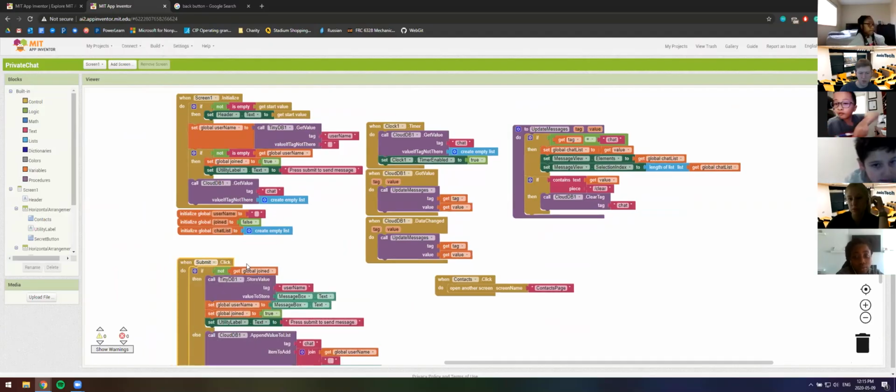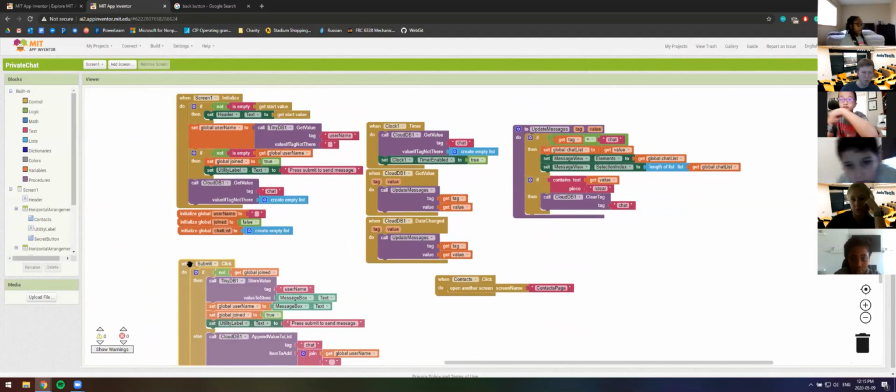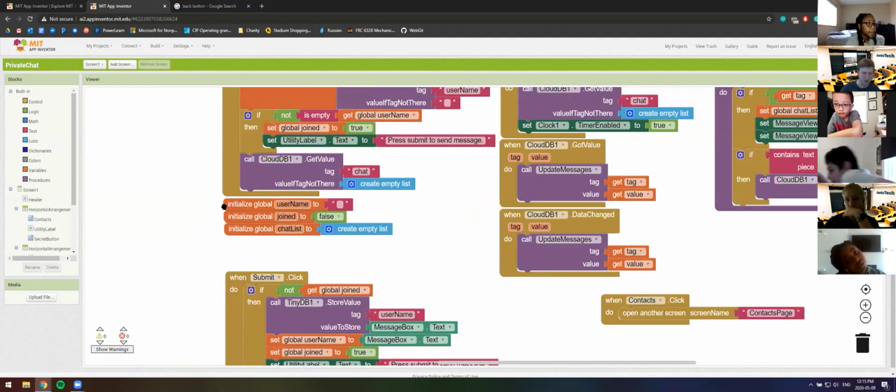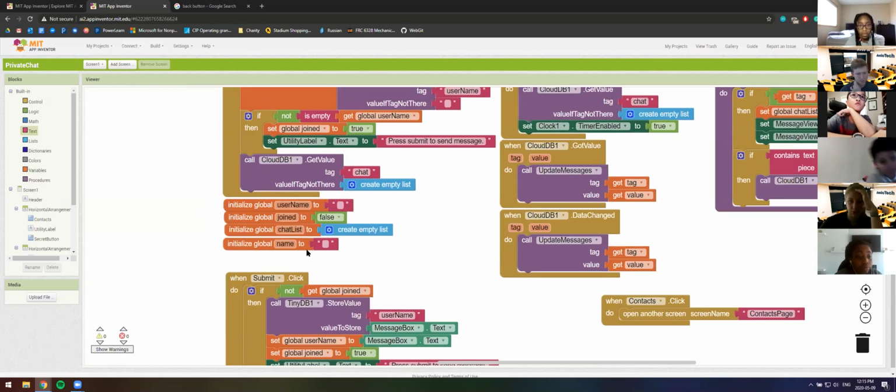So at first, what I want to do is create a new global variable. Over here with all of my other global variables that I've created, I'm going to add a new one. I'm going to say initialize global name, and right now it's just going to be a blank string. All right, and the name of the variable is going to be